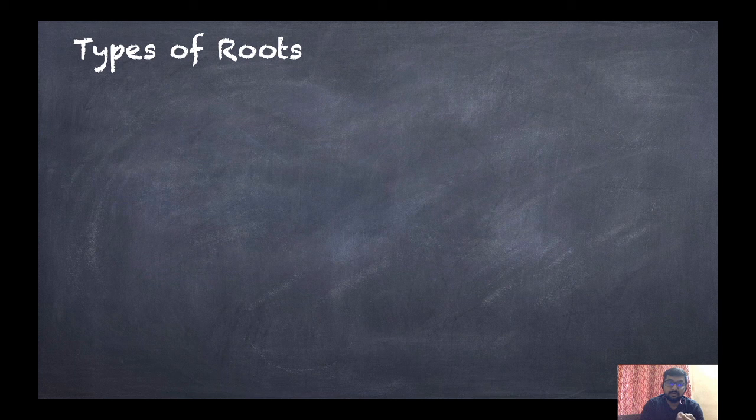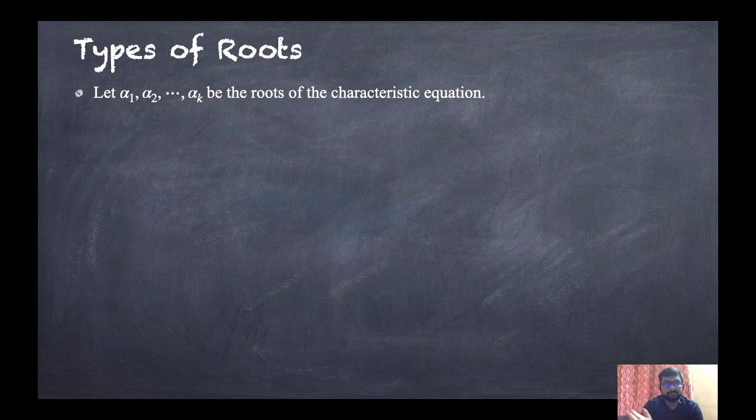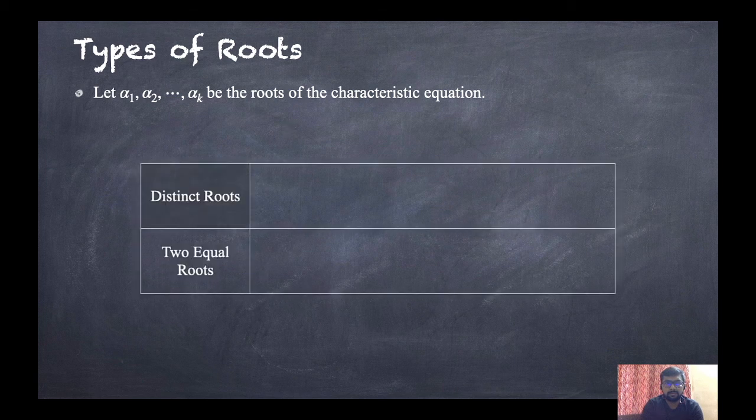Now let us discuss types of roots of the characteristic equation. Let alpha 1, alpha 2 up to alpha k be the roots. Why alpha k? Because the characteristic equation will be of kth order, so there can be a maximum of k roots. Now there are two possibilities: either the roots are distinct, or there are two equal roots, or many equal roots. We'll discuss this. So first, for distinct roots,